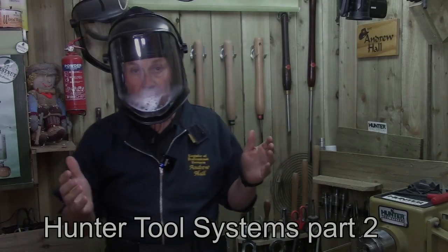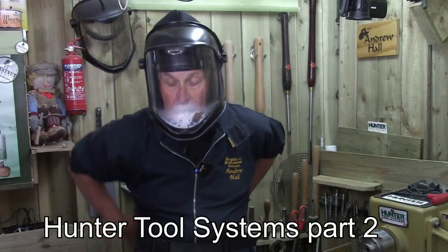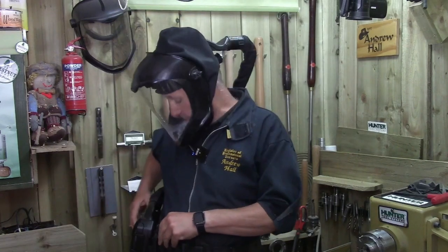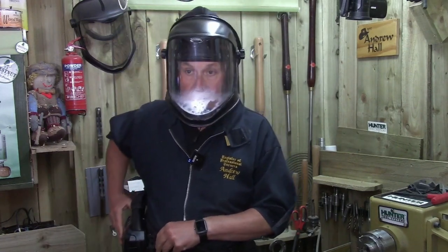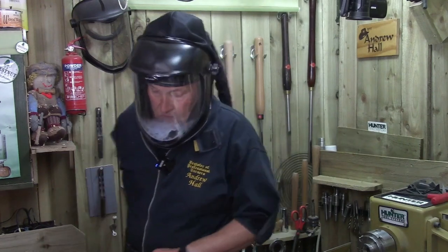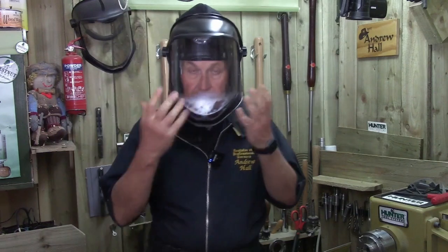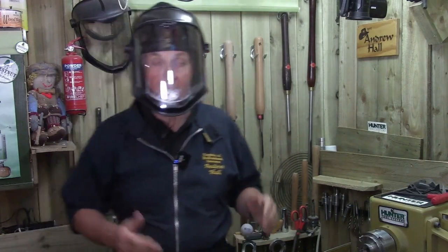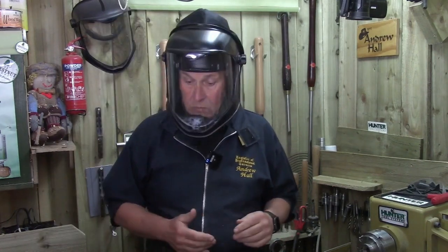I'm all kitted up with my air mask and I'm just going to pop it on now before it starts to steam up. Batteries are fully charged, and there we go, air coming through. So my nose is protected, my lungs are protected, I'm protected with my smoke, and I'm going to start and